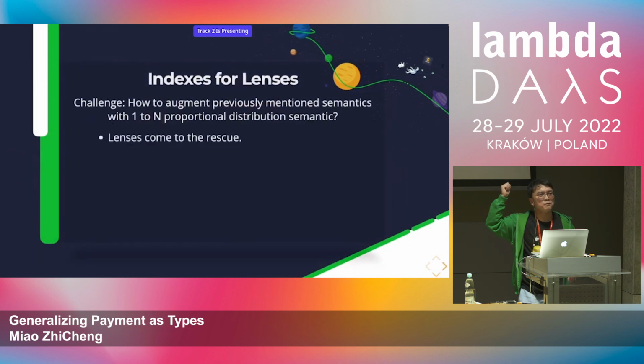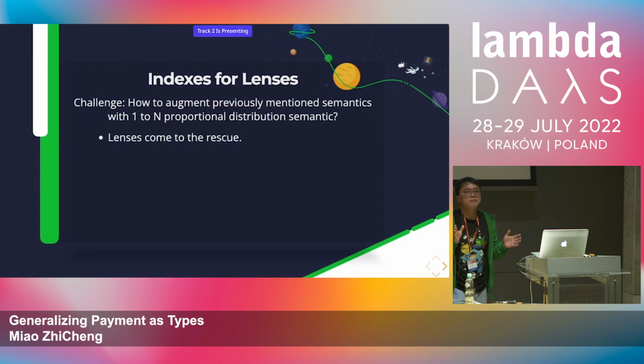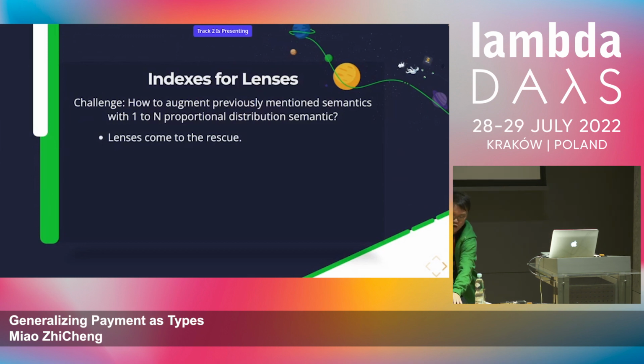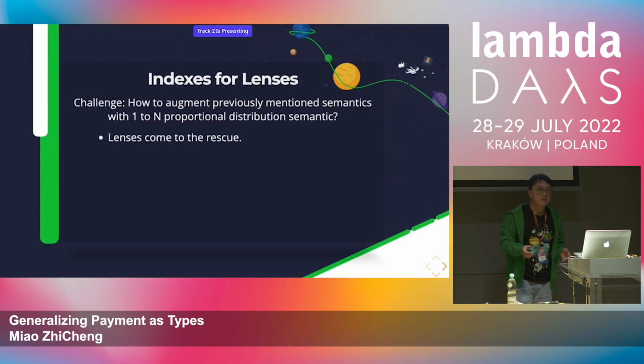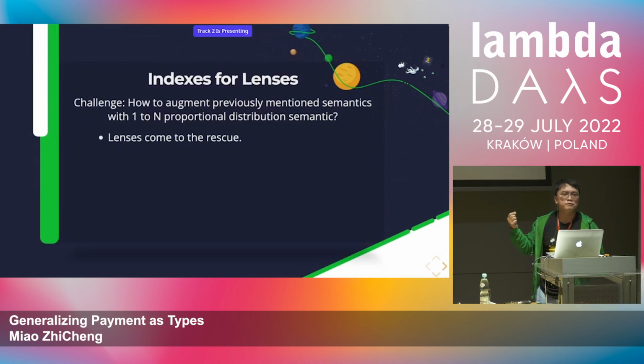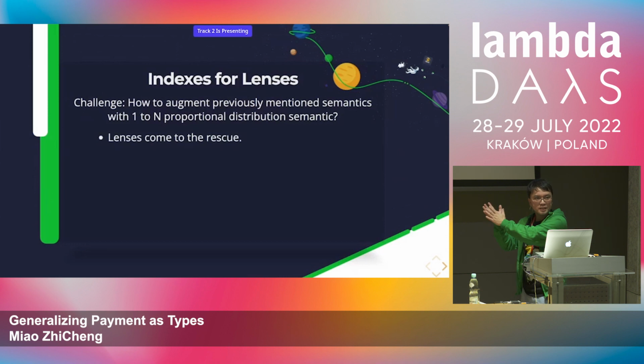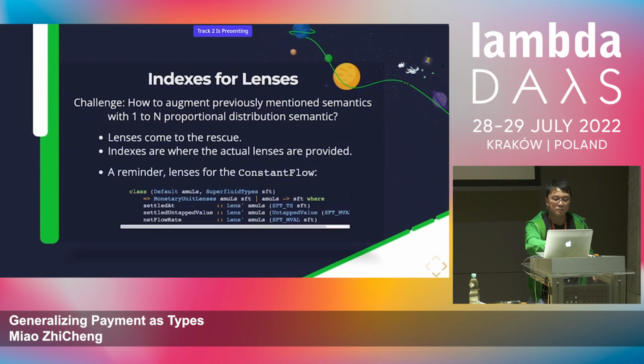So I mentioned this lenses thing, right? But why do I do that? Because remember that in the very beginning, I talked about how it's not only about one-to-one instant versus one-to-one streaming, but there's also one-to-n. So in order to reuse those functions that we created before, the constant flow, we basically redefine how those lenses' getter and setter are done. So there's a level of indirection there. This is actually the trick to make it work, not only for one-to-one, but for one-to-n.